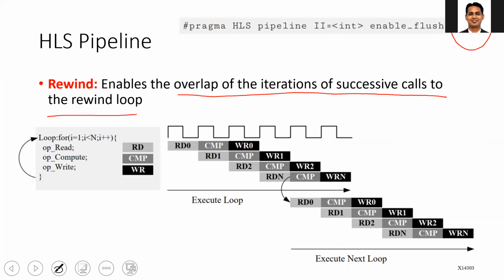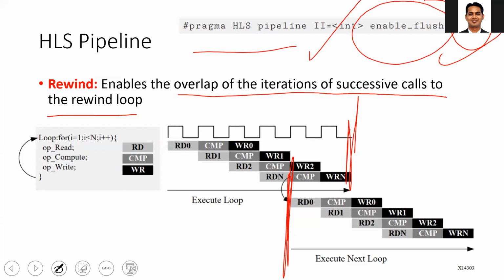And when you add this option, you can see that the next execution of the loop starts immediately. You don't need to wait for the completion of all the operations in the previous execution of the loop. You can start executing. Okay, this is how you can use the rewind operation. So we have completed rewind, we know this one, and the only thing remaining is this